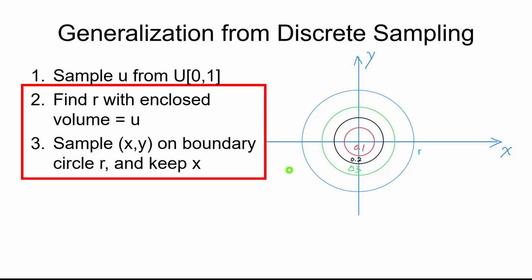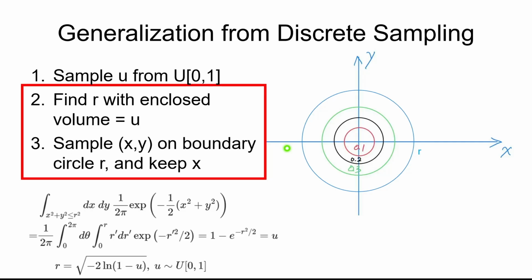So in these three steps, the first step is very straightforward. We only need to look at the second and third steps. So let's first take a look at the second step. To calculate the enclosed volume corresponding to radius r, we basically do the following. So here we write out the